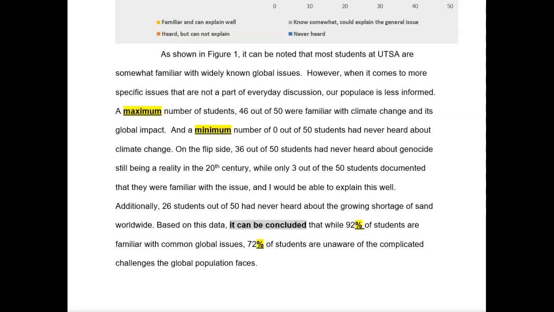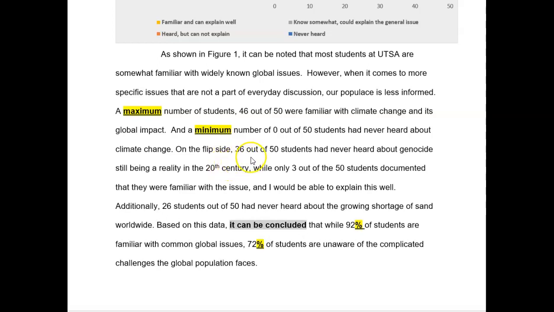So here it says a maximum number of students, 46 out of 50, were familiar with climate change and its global impact, and a minimum number of 0 out of 50 students had never heard about climate change. On the flip side, again, I'm going to talk about maximum and minimum, but here I didn't repeat the term.